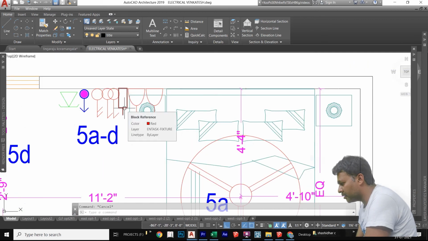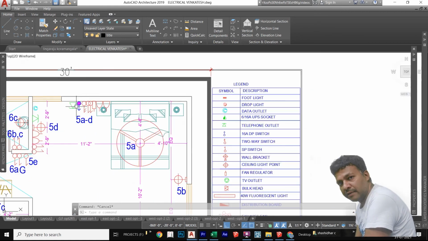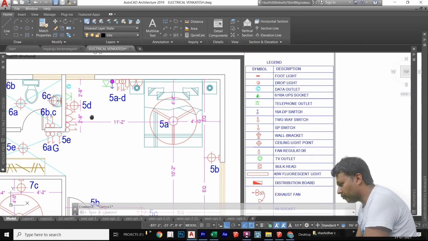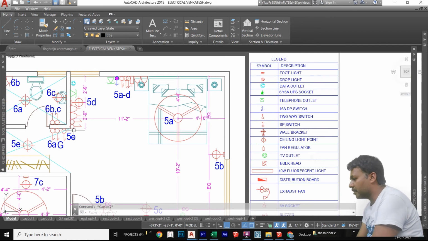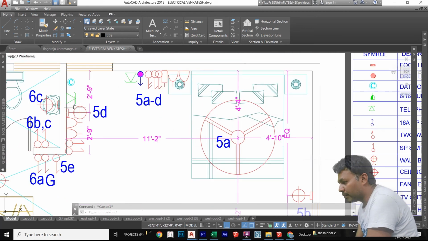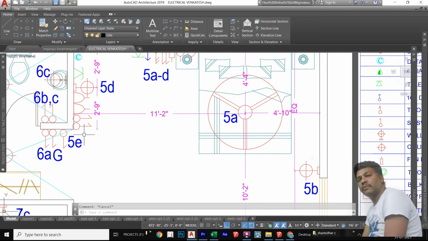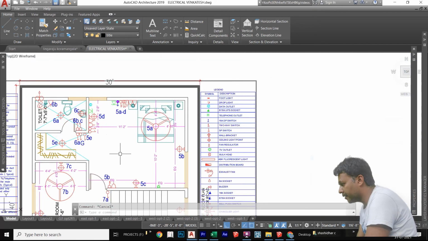This is a regulator. This symbol stands for the regulator, this symbol stands for the AC point, and this symbol stands for the telephone cable. And here one small study table is going to come. So the client needs 2 5-amp sockets with the telephone. That's the reason we have given two, one for the laptop or system, another one for printing. Minimum 2 5-amp sockets I provided here.